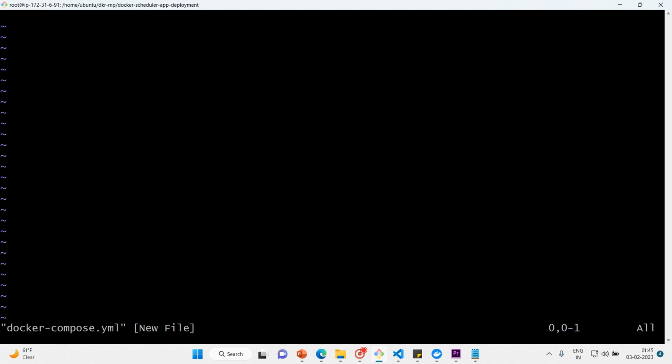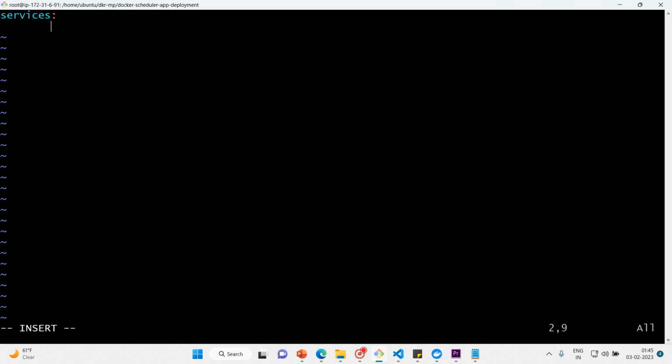In this compose file, we'll start off by defining the list of services or containers we want to run as part of our application. So here we're going to mention the list of services first. I'll put it in insert mode and write services,